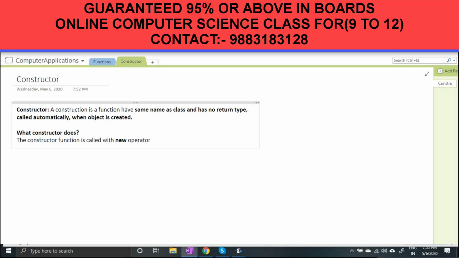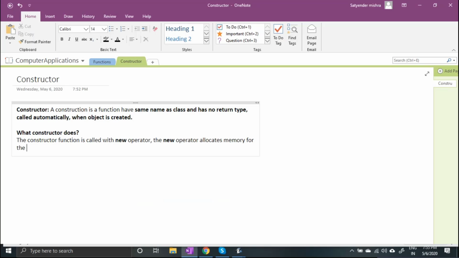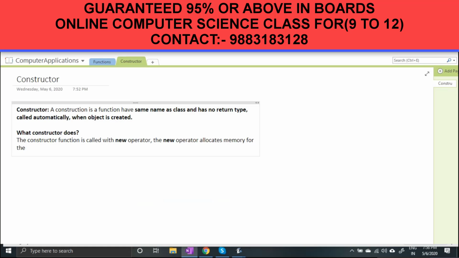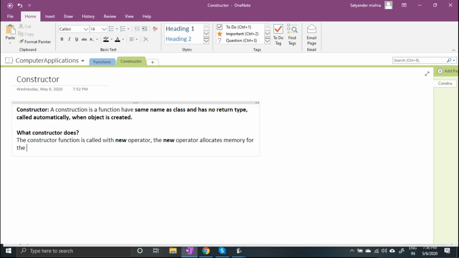The new operator allocates memory. It needs to allocate memory for the object. The object should be allocated on the memory. Before using a variable, you have to allocate memory for it. So before using the object, you need to allocate memory, and that allocation is done with the help of new.